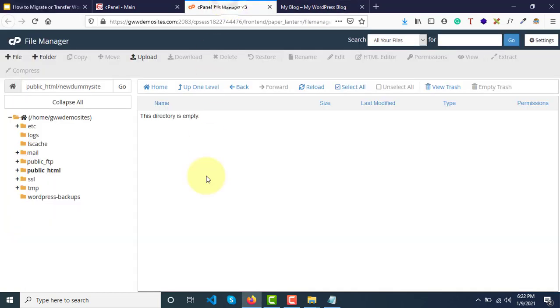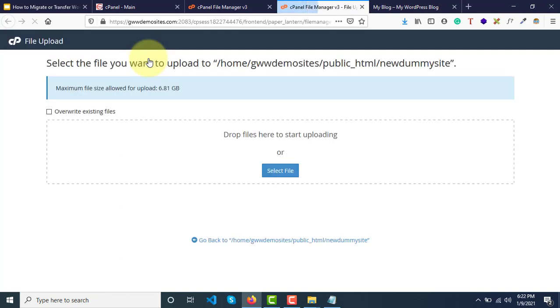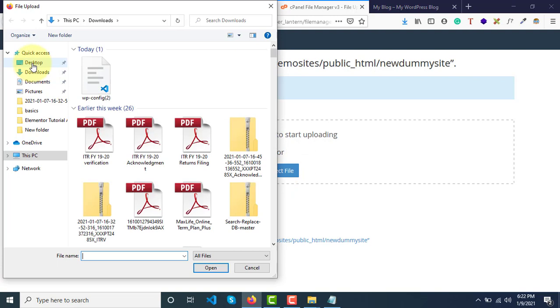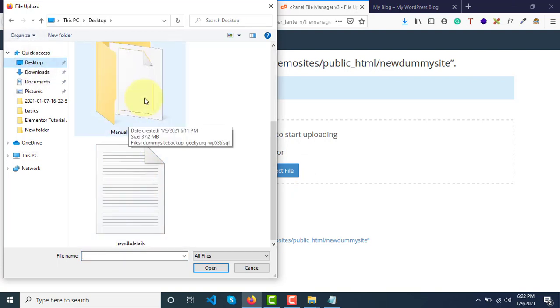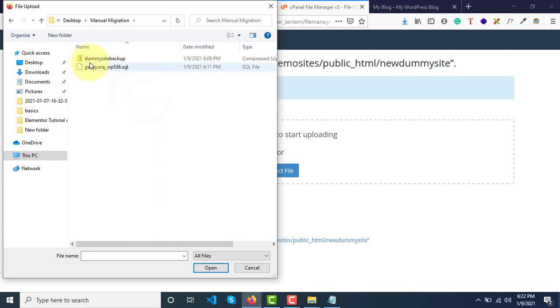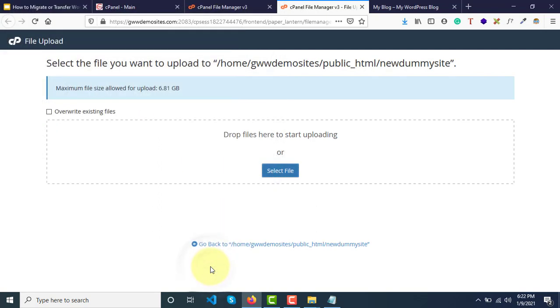This is the new server, and here we need to upload the files that we downloaded in step 1. So go to upload and select the file that we downloaded. This is the file, right? Select this, click on open.